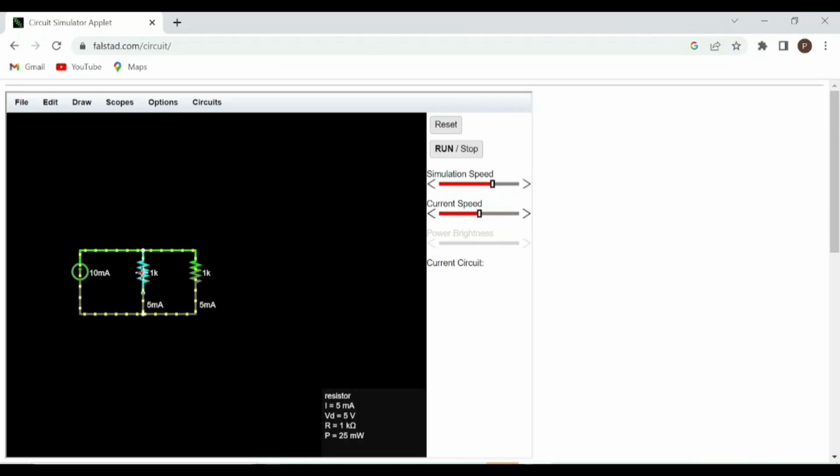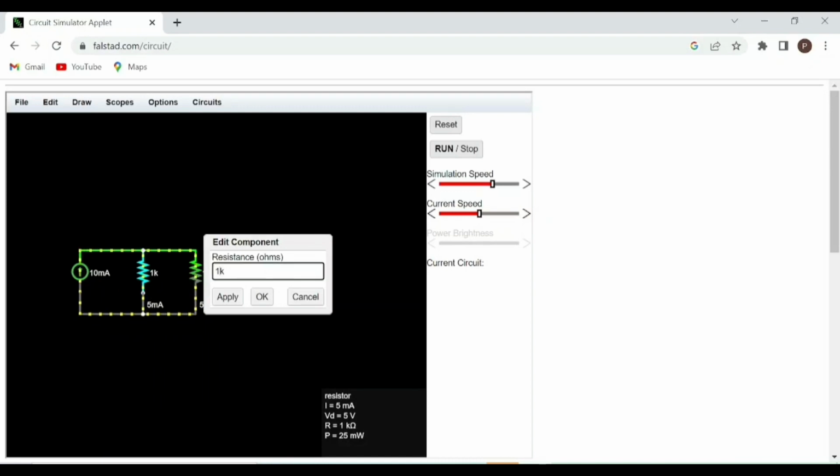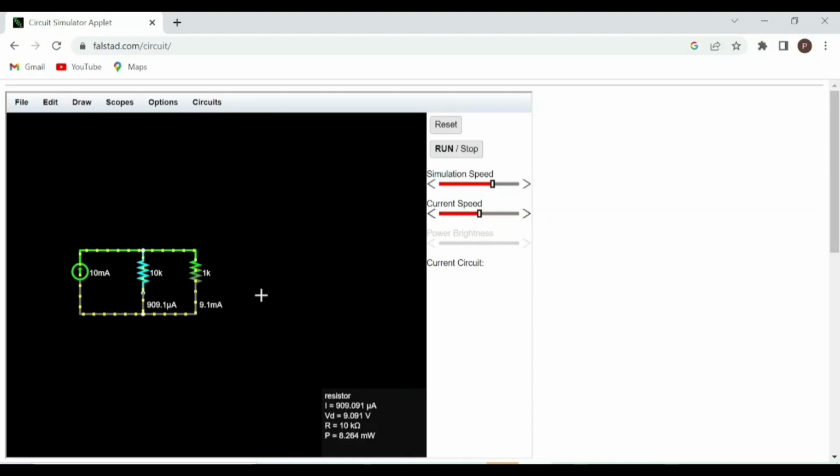Now let me change one of the resistance values to a standard value like 10 kilo ohms. Now you can observe that when I change the resistance to a higher value like 10k, and this is a 1k resistance, through the 1 kilo ohm resistance we have 9.1 milliamperes of current, whereas through the 10 kilo ohms we have 909.1 microamperes of current passing. So based on this we can say that whenever you are doing current division, across more resistance, less current will flow. Across less resistance, more current will flow. And this is very important to understand